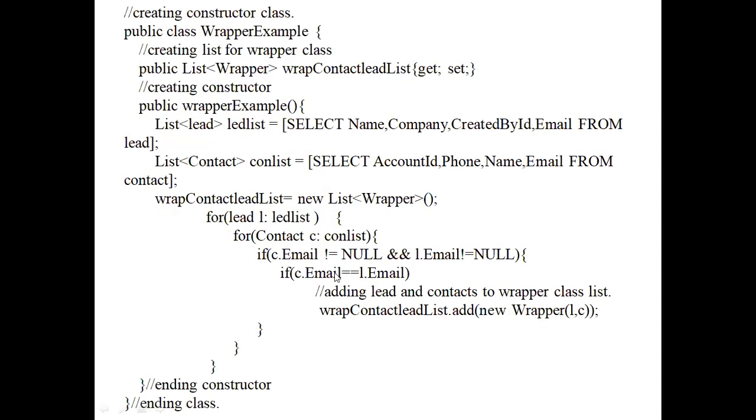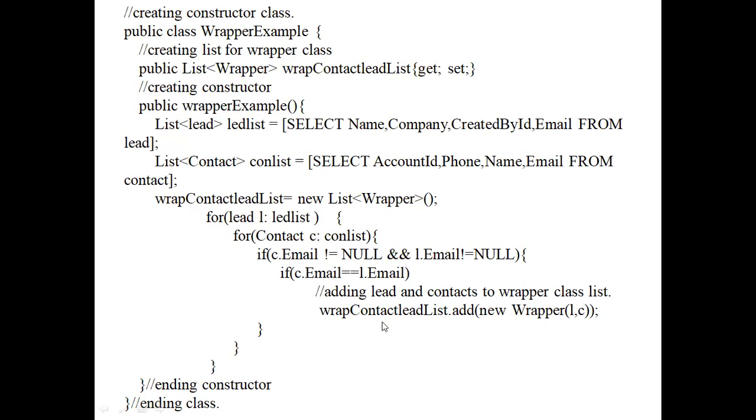Here I have taken lead fields, whatever fields I want to show in the Visualforce page, and the contact fields I want to display, and I'm checking that the email of contact and email of lead is the same.